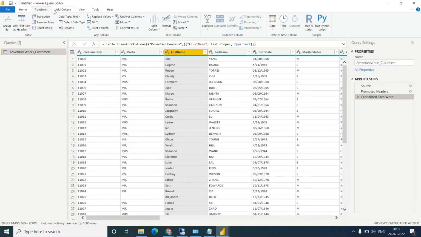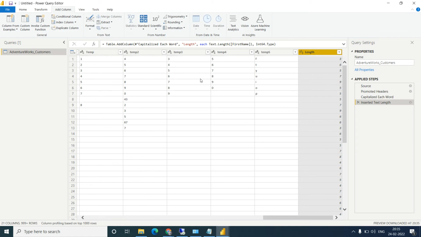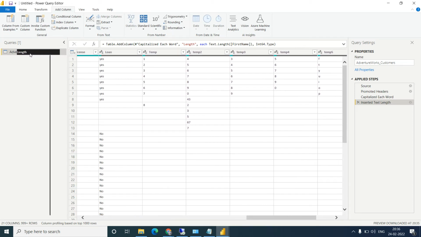How to count? So I am going to add a column. Go to the extract and click on length. So you can see this column showing the length. I am just moving this column near your first name.